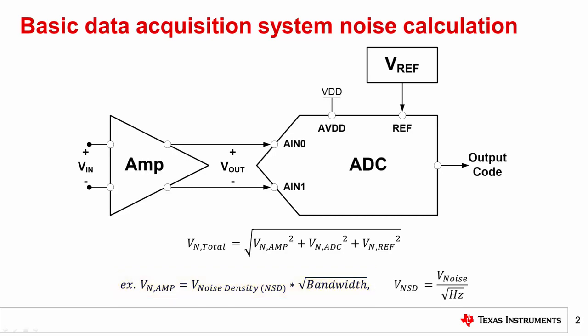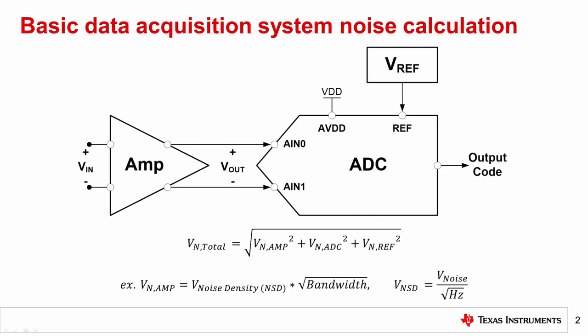Noise spectral density generalizes the relationship between noise power and frequency and has the units of noise per root hertz. Therefore, you need to know the system bandwidth in order to calculate the amplifier's noise contribution in this example. However, the amount of noise filtering applied to each component is often different, as multiple filtering stages combine to act on an individual component. Moreover, the input signal and reference input paths can behave differently, depending on the filtering applied.